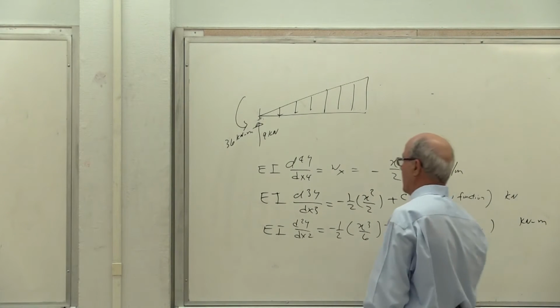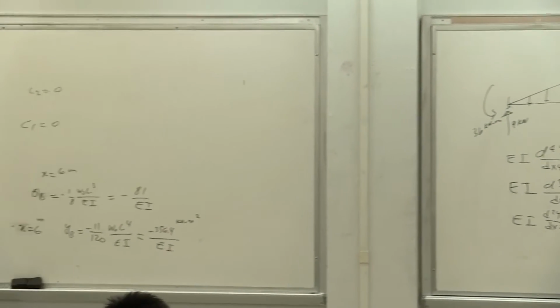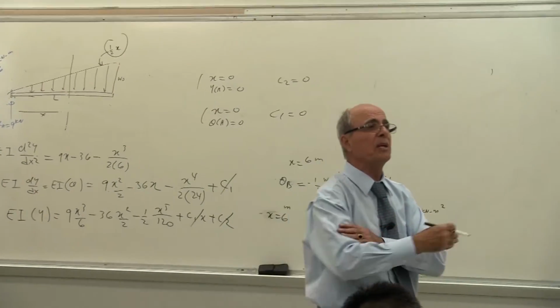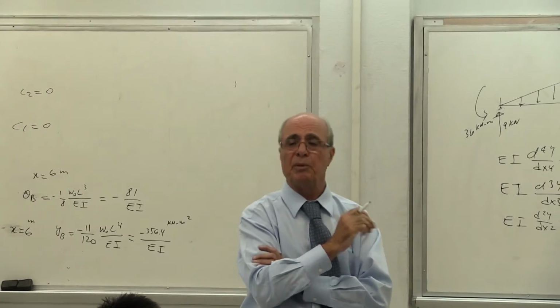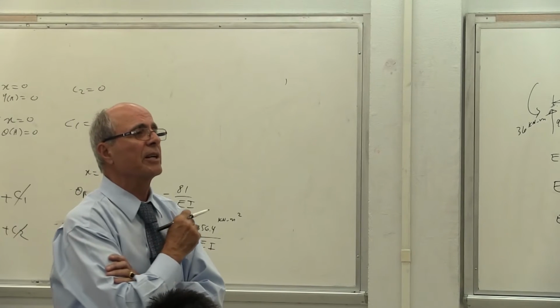So this actually takes us back to here, yes or no? If I evaluate C1 and C2, I should get the same thing, yes or no? Can I use the C1 and C2 here before I go any further? Because I want to show that both methods are the same. Is that correct or not?